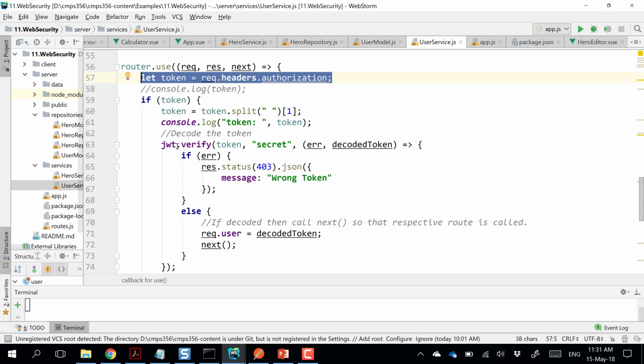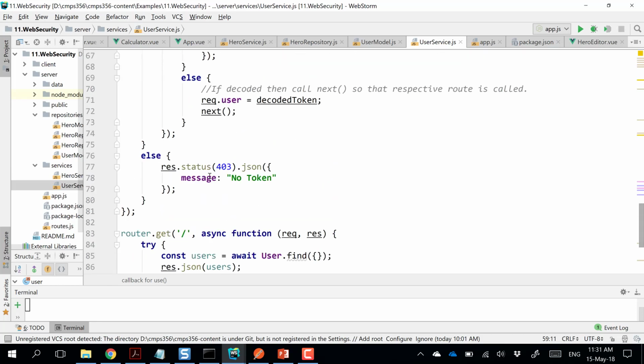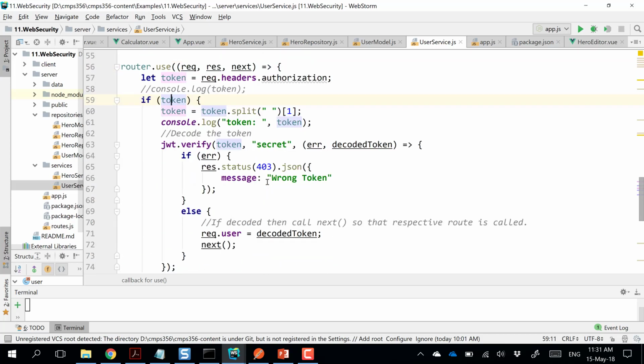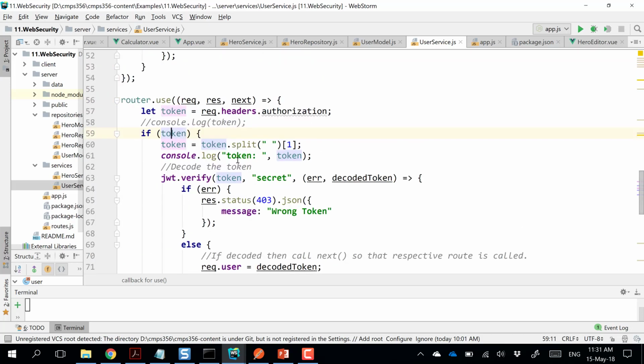Yes? So if there is no token, this will be undefined. This will be skipped. And then I will return to the user 403, no token, or 403, access denied, or something like that. Okay? Now, if there is a token, I just split it using a space,